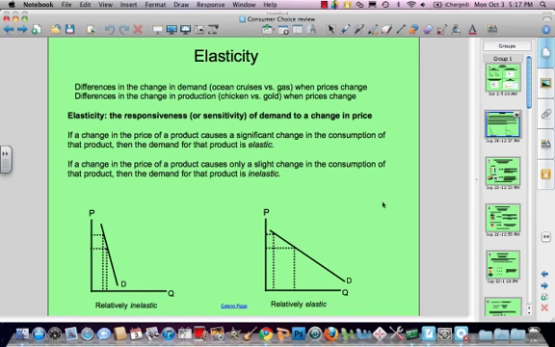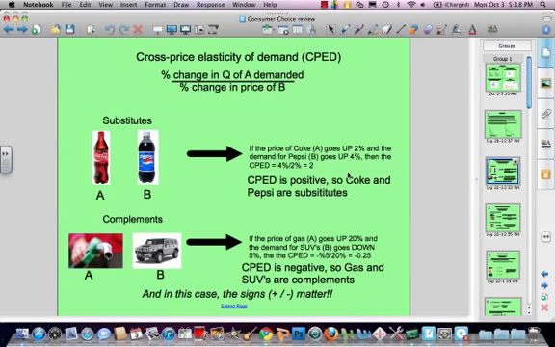Start off with elasticity. As a reminder, elasticity is the responsiveness or sensitivity of demand to a change in price. We have two terms that we focus on. One is inelastic and the other is elastic. We talked about several kinds of elasticity in this unit. We talked about first